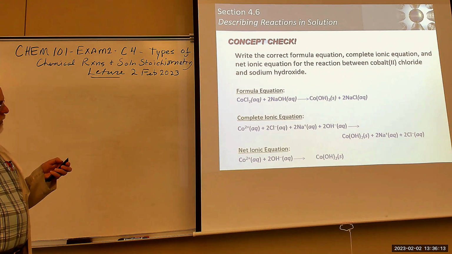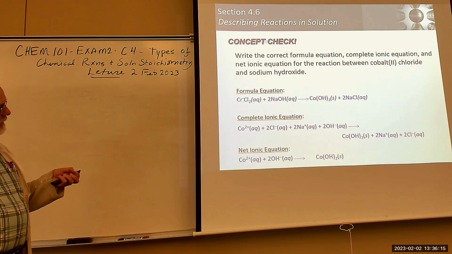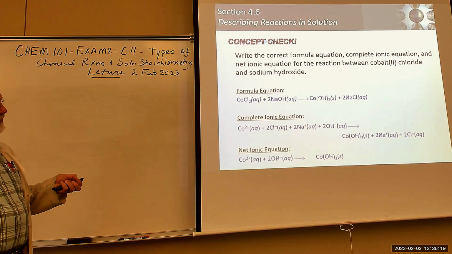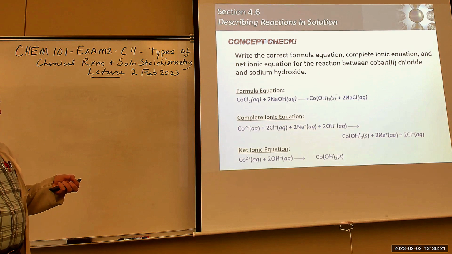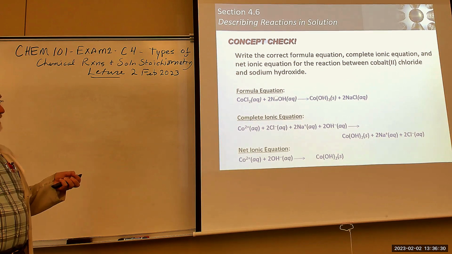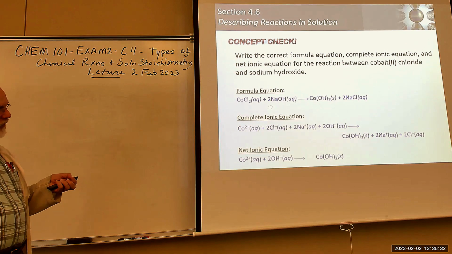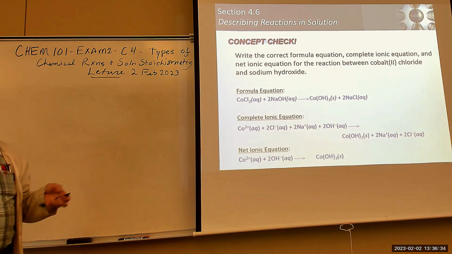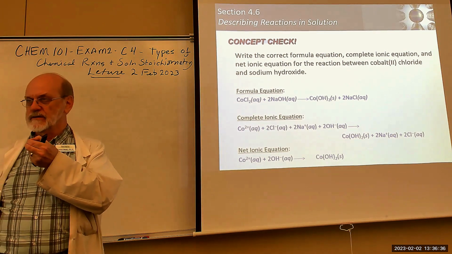Cobalt 2 chloride here reacts with sodium hydroxide to yield cobalt 2 hydroxide, solid. Most hydroxides are insoluble. And sodium chloride, which is soluble. That's the formula equation, and it's balanced. Okay. So when we come down here, we got to take into account those coefficients